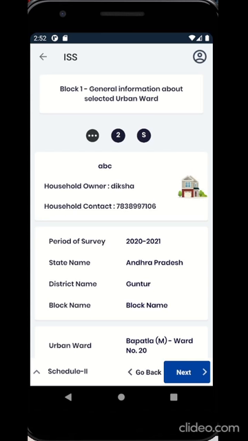In Block 2, the enumerator will provide the particulars of each of the animals found in the household or enterprise. Select the commodity type and click on Add Animal. For animal selection, click See Options. To select animal, click Select.